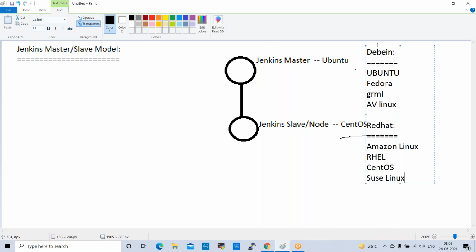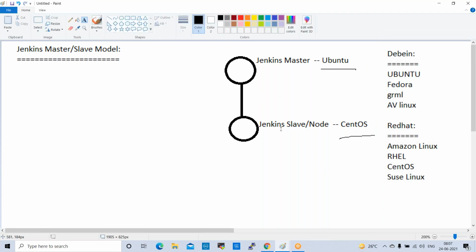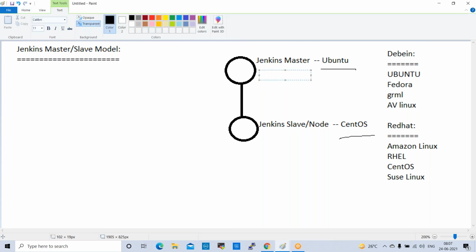So now we are taking two different families, two different flavors, right? We can create this instance as a slave server and integrate it with the Jenkins master. Here we can create a job and trigger it from master. The job will run on the slave server. Here the job will build, right? That is what we are going to perform today. And we have some steps to follow, how to build this.